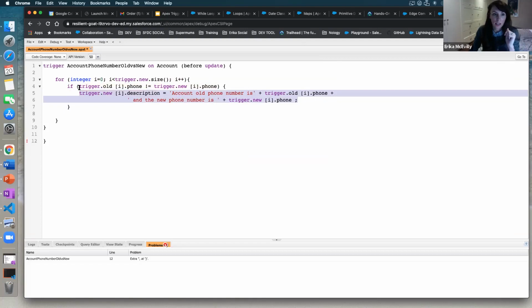And what it's saying is that if the phone number is not equal, so exclamation point and equal means not equal, if my old phone number is not equal to my new phone number, then I'm going to update. So I'm going to do trigger.new and update my description field. And here I'm going to put a string as the value, so again, this is with a single quote. Pretty much here I will put my account phone number is,